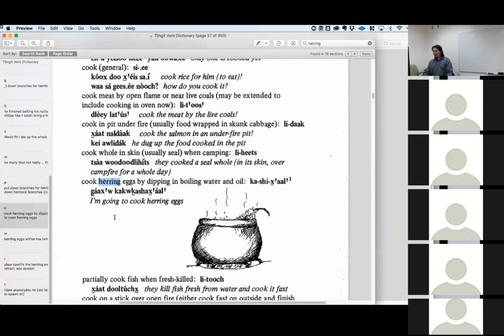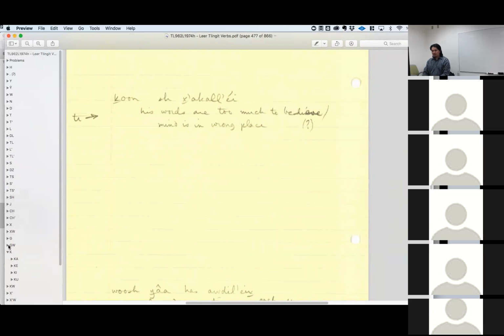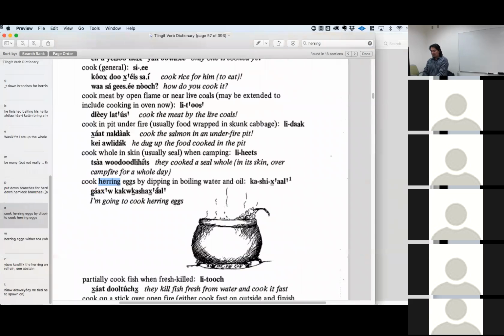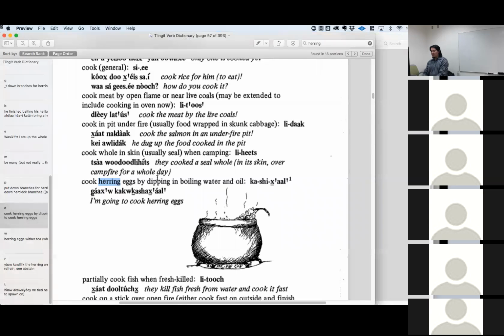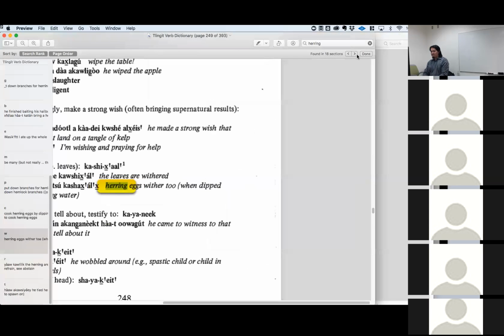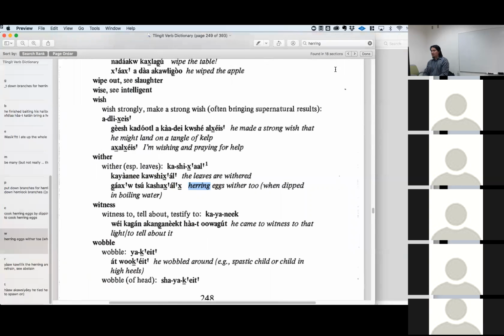Here's the dipping in the oil. So similar thing, we could probably see what forms this one is in. So we're going to look up, go down here. I don't think he has underlined X's, so we're not able to find that one. Okay. Wither. And so we see the